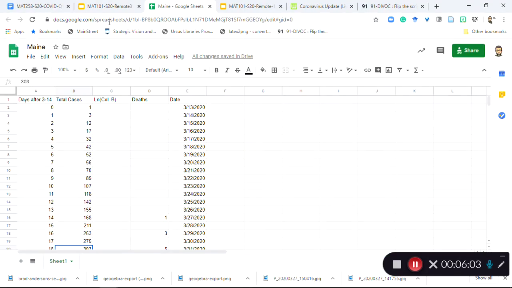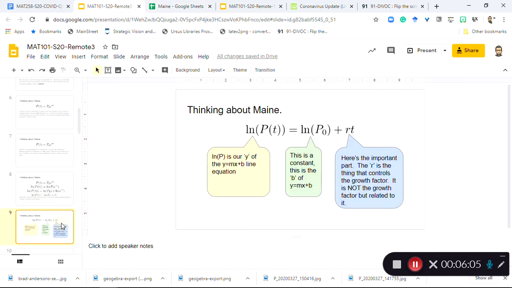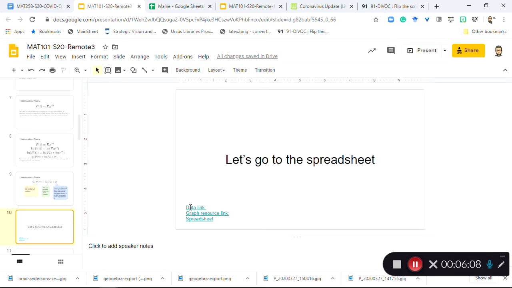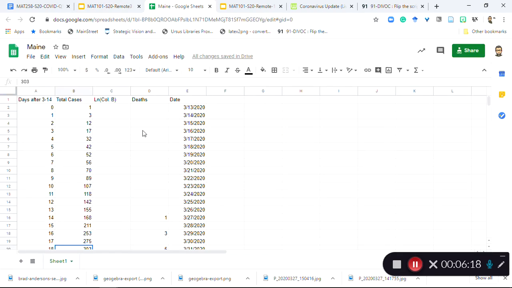So I have a spreadsheet here, and I should say that in the slides there's a link to the data, and of course every day it's updated on the main CDC site, and there's a link to the spreadsheet that I'm showing you. So I went back and found data going forward. So we can start with the 13th of March was the first confirmed COVID-19 case. And then these are confirmed cases. They're a little different than the data I've used in previous slides, which include confirmed and presumptive.